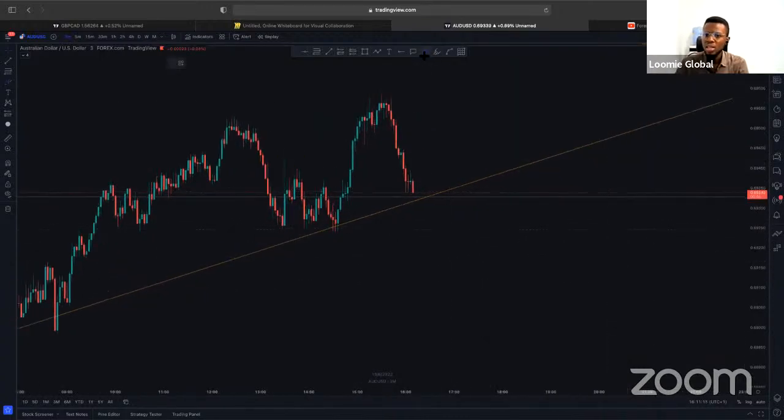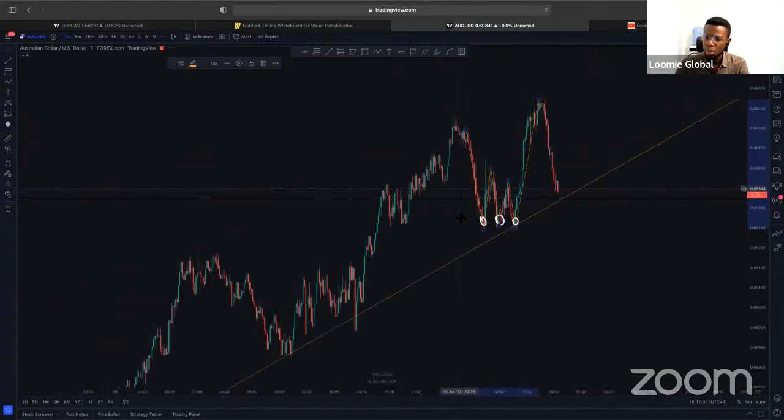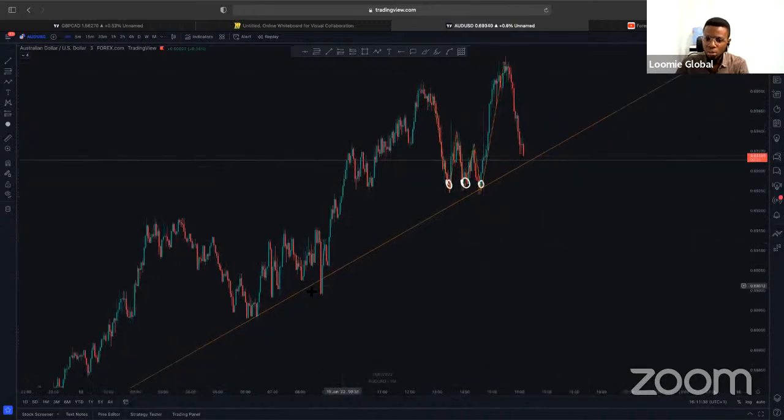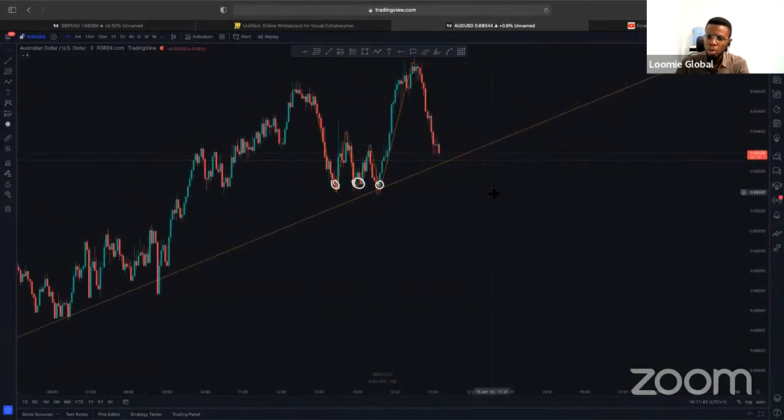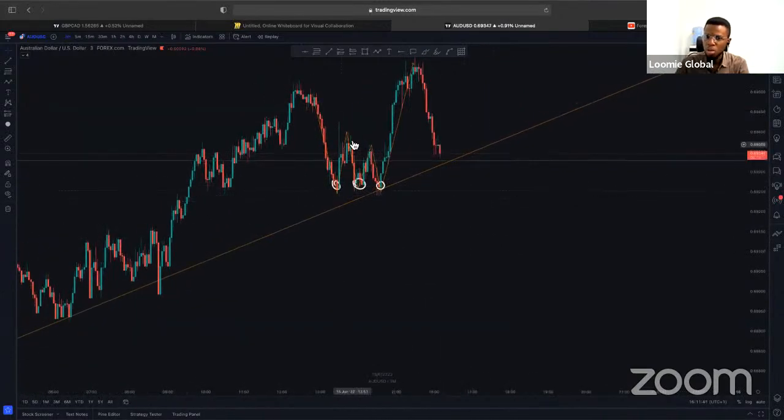Already right here, we can see that we have a nice triple bottom formation. Triple bottom, look at it. Leg 1, leg 2, leg 3, and then price pushed up massively to the upside. Are you seeing that? And that rhymed perfectly because it formed around our trend line. So we have our trend line forming, and then we came over to a lower time frame, and we are seeing this triple bottom formation. It is a clear indication that price was about to move to the upside.